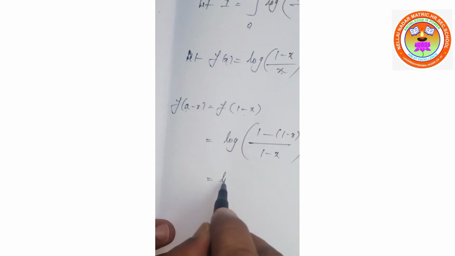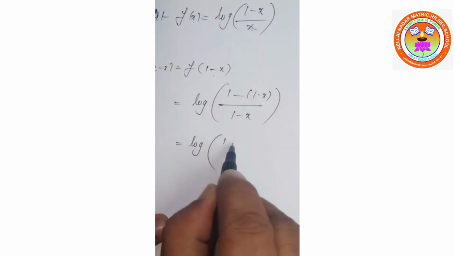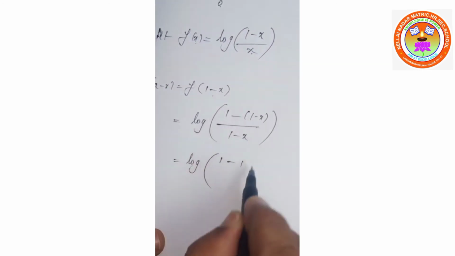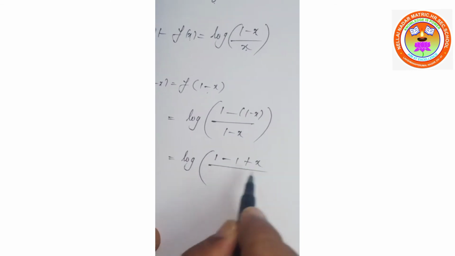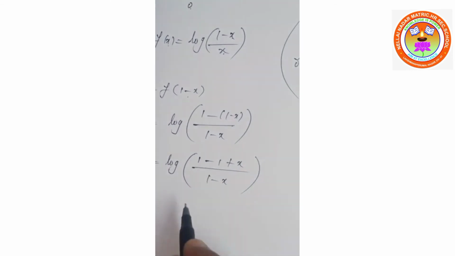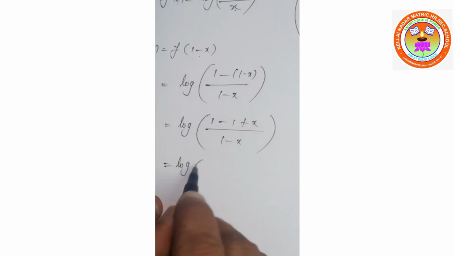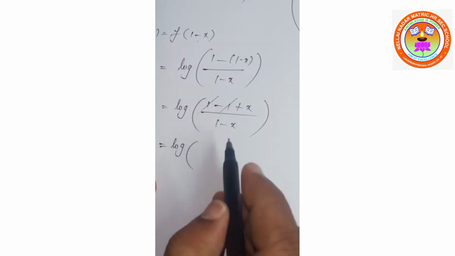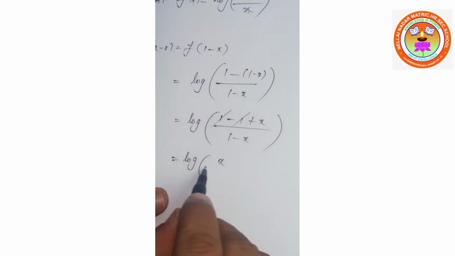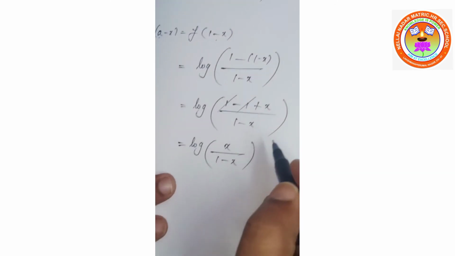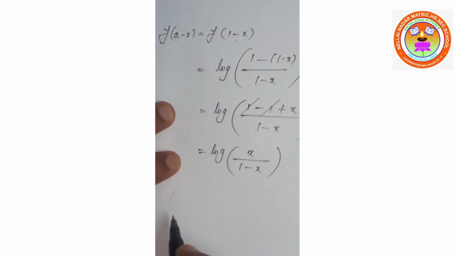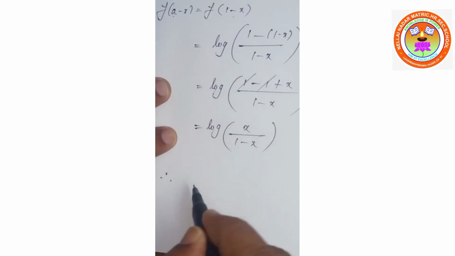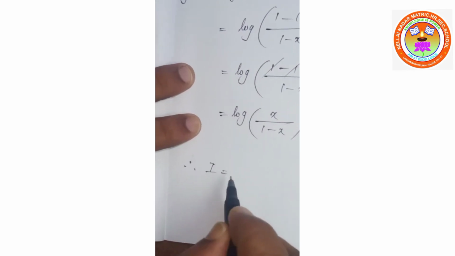Simplify: log of (1 minus 1 plus x) divided by (1 minus x) equals log of x by (1 minus x), since 1 minus 1 gets cancelled, with x in the numerator and 1 minus x in the denominator. Therefore I equals,